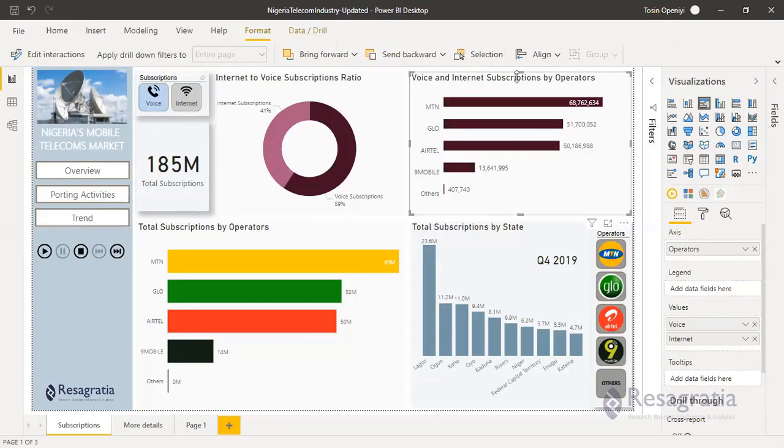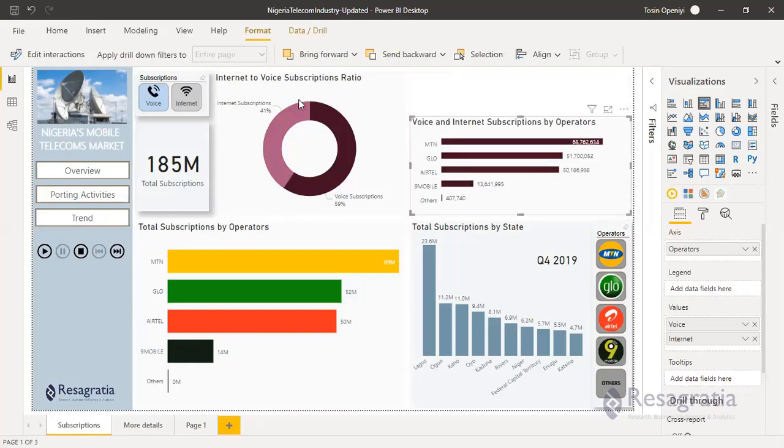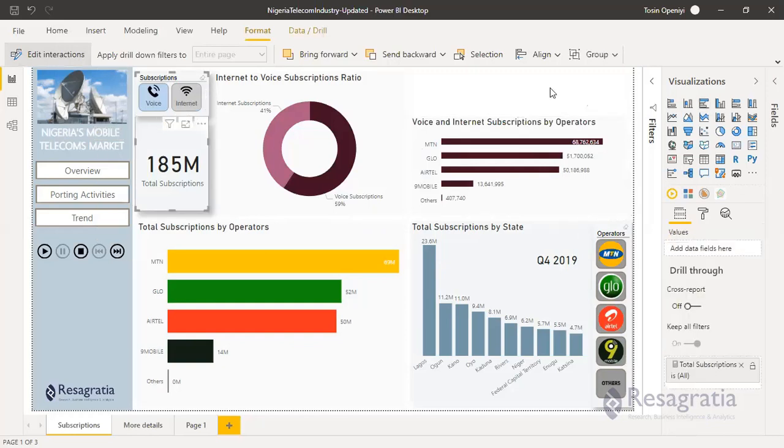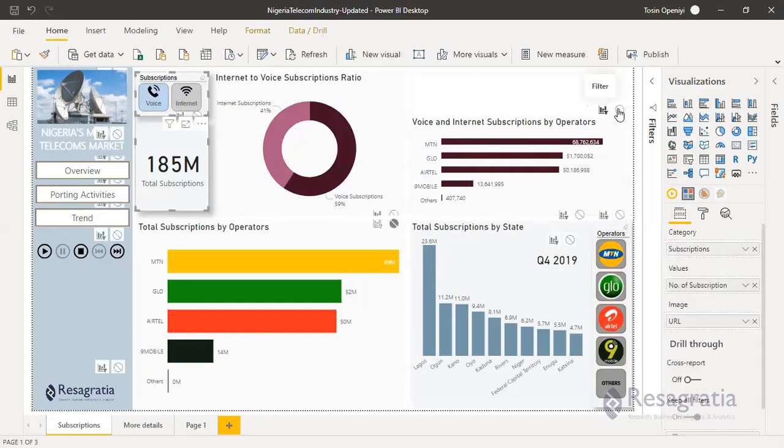I'll disable it. To do that, I need to adjust the visual so that I can see the option. So when I select this, it should not filter this.